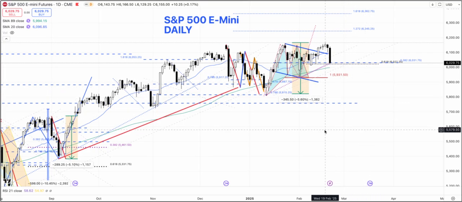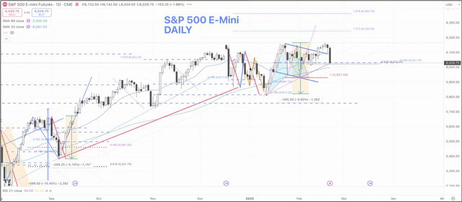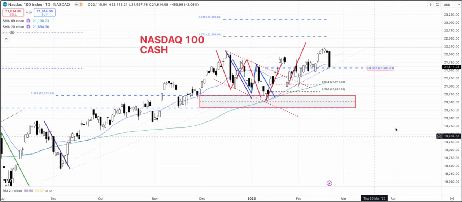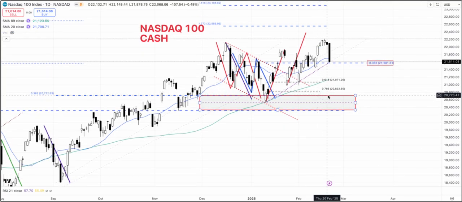Now let's take a look at the NASDAQ 100 cash. So this is the NDX, NASDAQ 100 cash index. It also had a pretty big move to the downside, down about 2%, lost about 454 points. It's one of the bigger declines that we have seen. I think last time something comparable might have been 386, and this one was a really big 791 on the 18th of December. So the important thing is again to wait and watch for a follow-through.